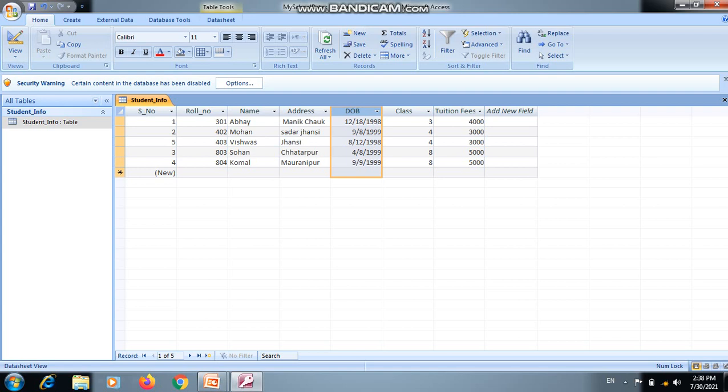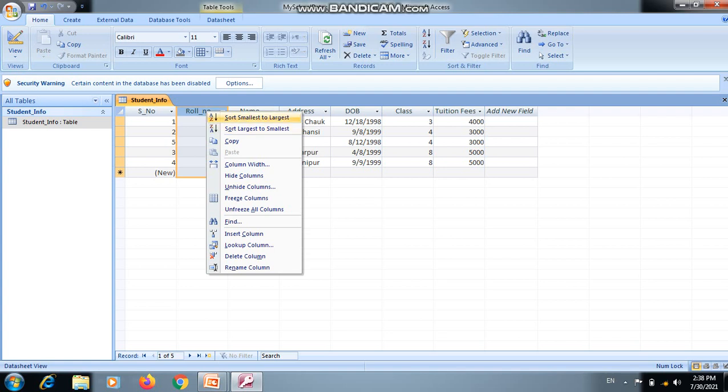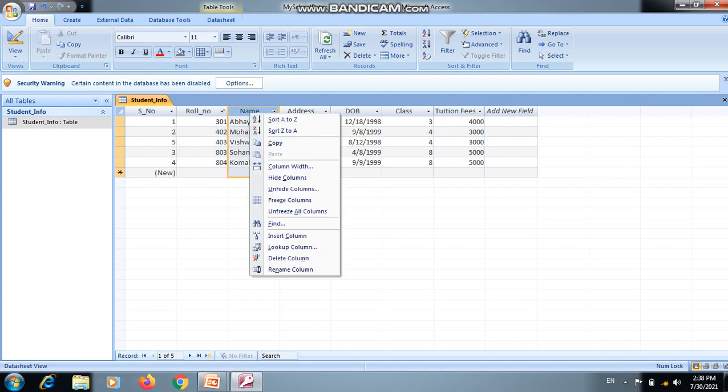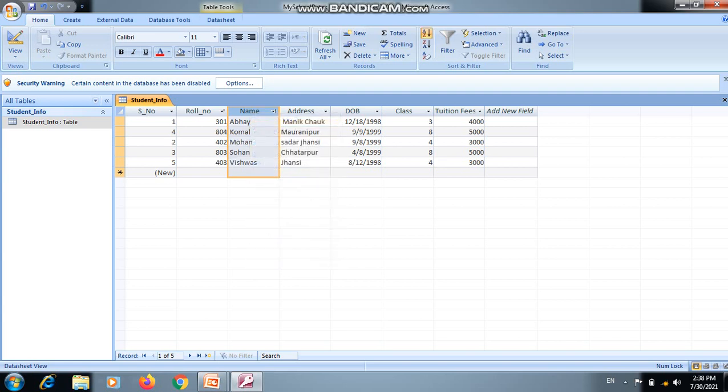Okay, now you can also apply sorting on the table. If you want to sort it in ascending or descending order, you can sort numerical values, and if you want to sort alphabetically, you can sort from A to Z. You can see the sequence has been changed, but you can apply sorting on one column only. Multiple column sorting is not valid, because if you sort these from A to Z, then it's not possible to sort these roll numbers in ascending or descending order. Roll numbers will be sorted according to the names.